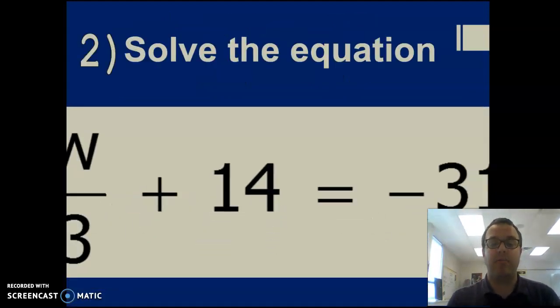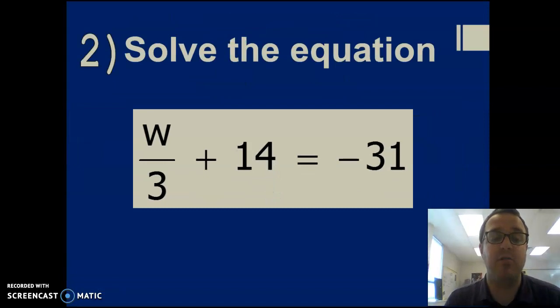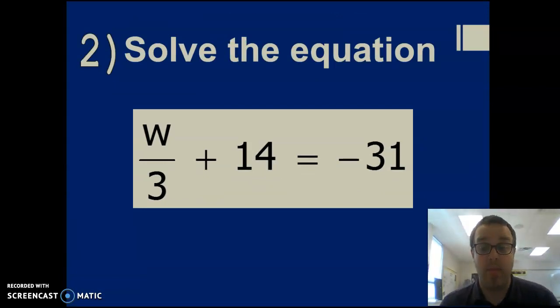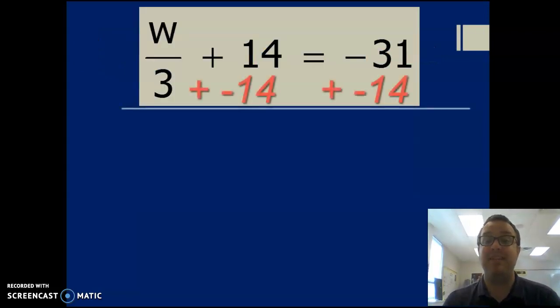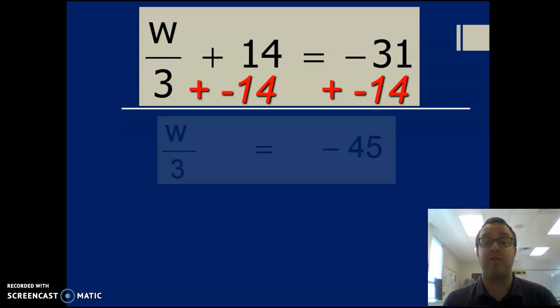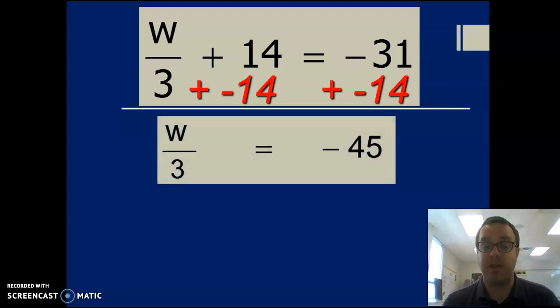Okay, here's another problem. Whoa, here comes at us. W divided by 3 plus 14 equals -31. Well, what am I going to do first? What do I get rid of first? Well, the first thing we get rid of is that addition. I'm going to be subtracting 14 from both sides. Again, we get rid of the addition or subtraction first. So I have W divided by 3 equals -45. And now I can go ahead and multiply by 3 to get my final answer, which is going to be